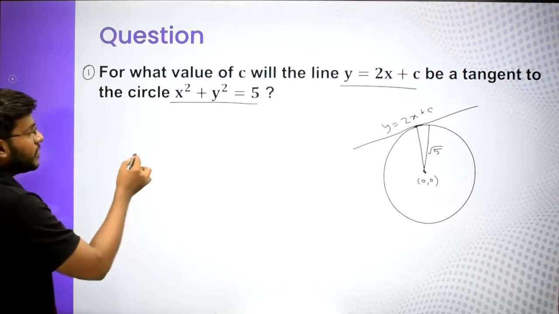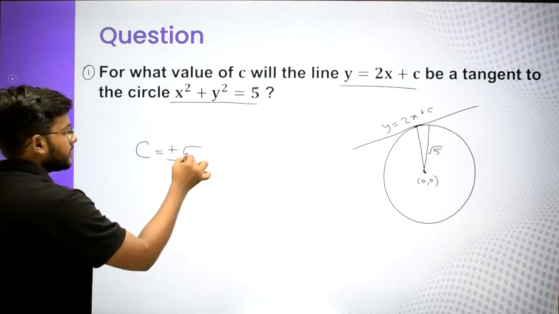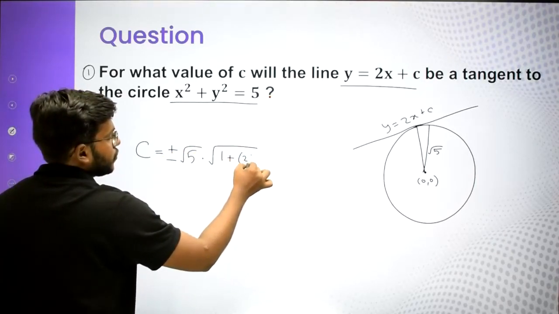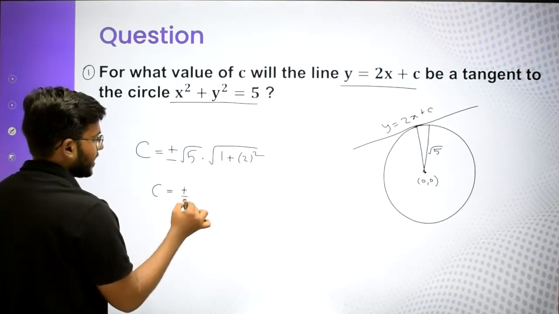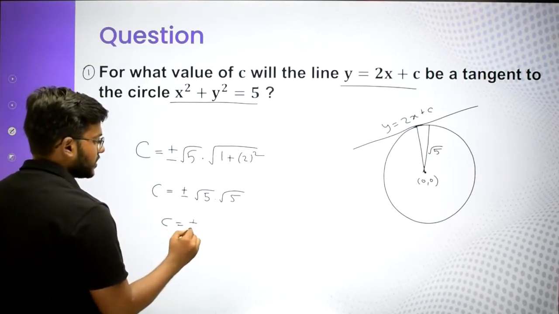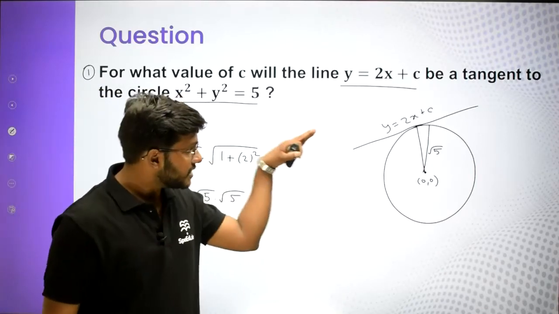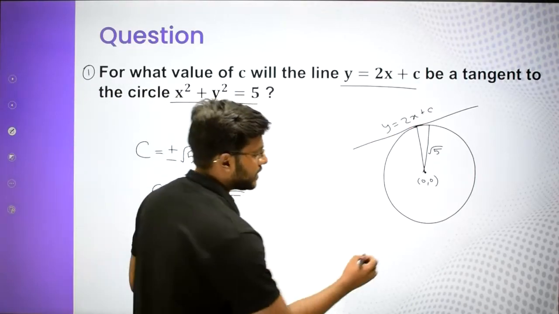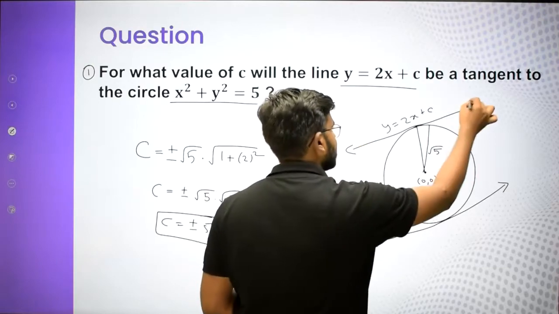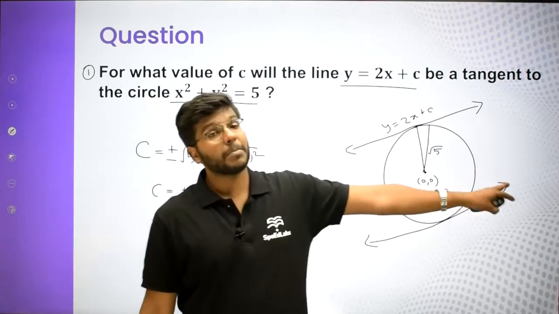So we know that we can apply simply the condition of tangency. You will say c will be equal to plus minus r into under root of 1 plus m square. Can you see m is 2, so 2 square. So c is coming plus minus root 5 into, this will be also root 5, so root 5 into root 5 is 5. So you can say either c should be equal to 5 or it should be equal to minus 5. That means guys, with the same slope there are going to be two straight lines, and it makes complete sense because obviously there are going to be two parallel tangents having the same slope, right? y equal to 2x plus 5 and y equal to 2x minus 5.